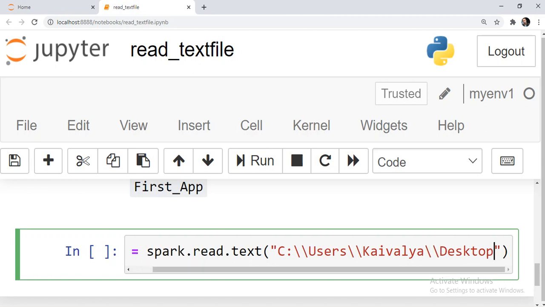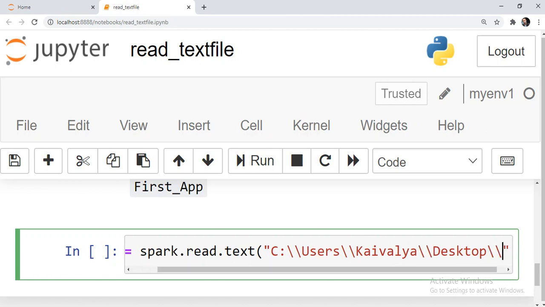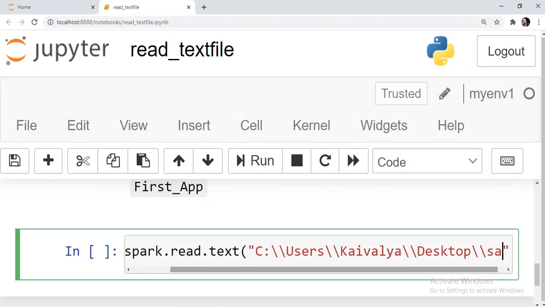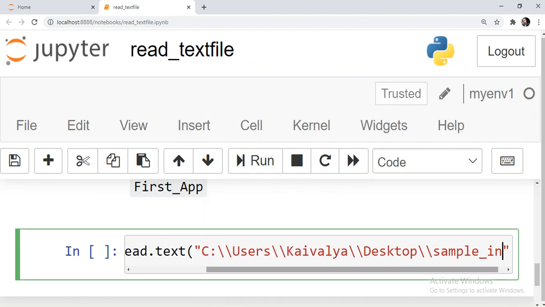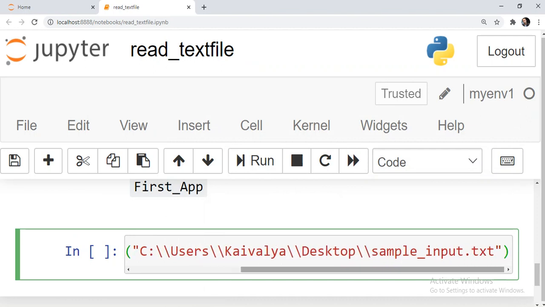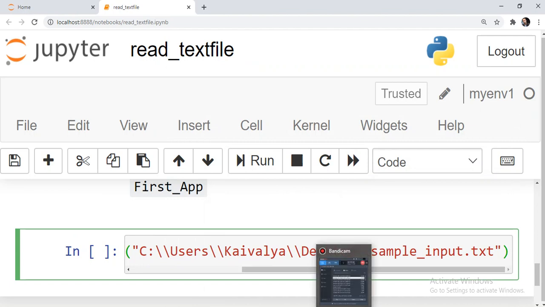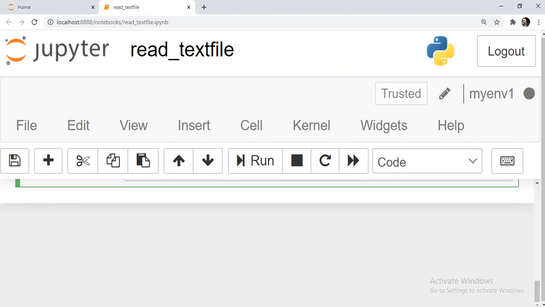And now I will mention the file name as well. The file name is sample input.txt. Yes, this is a simple command to read the text file in Spark: spark.read.text and the file path. So let's see whether it works.